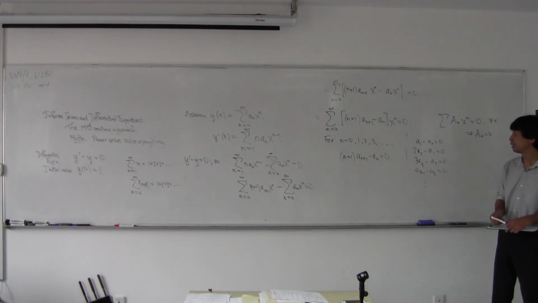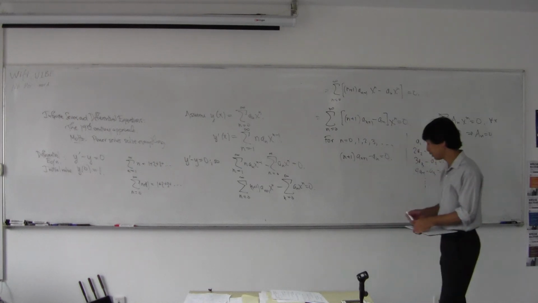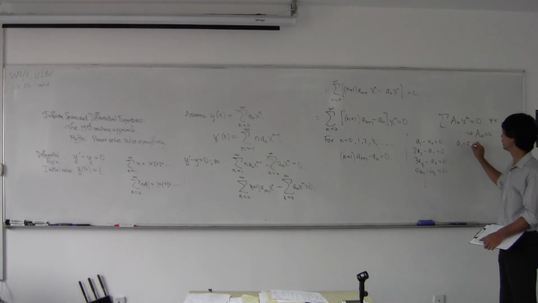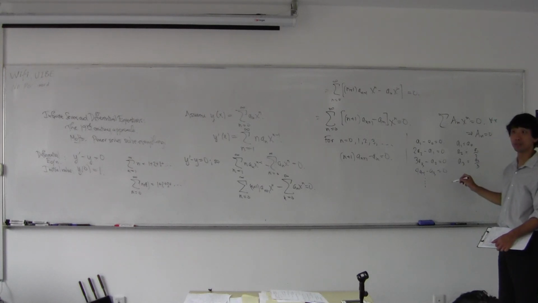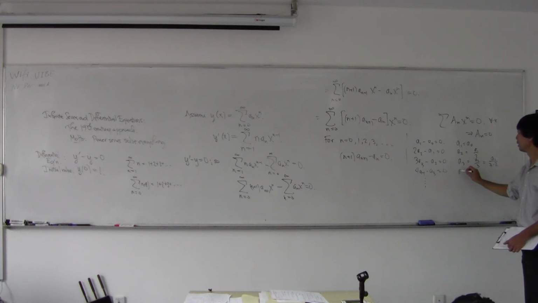So what do you see? We can work it out from here. A1 equals A0. A2 equals A1 over 2. A3 equals A2 over 3, but A2 is A1 over 2. A4 is A3 over 4, but that's